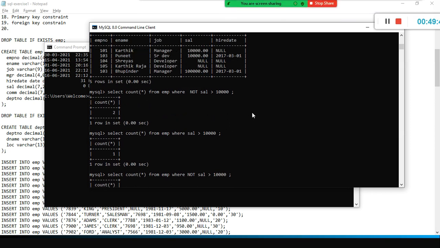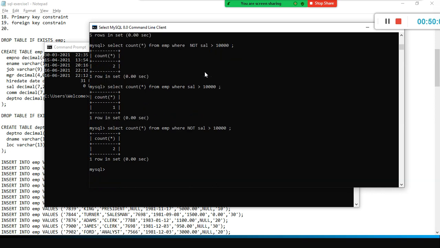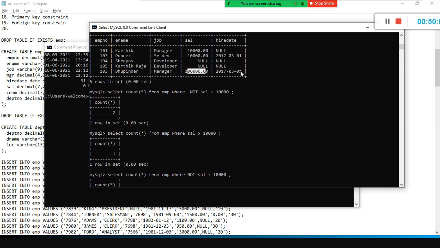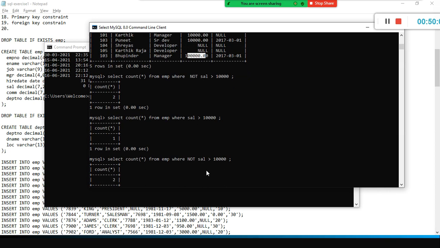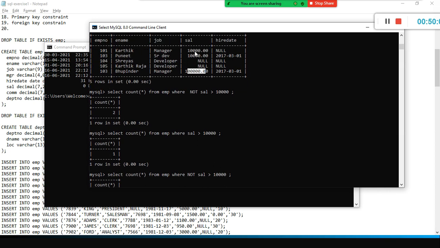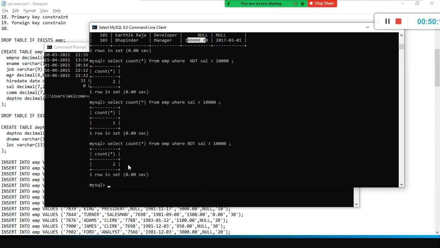It refers to the Karthik and Puneet rows. Salary greater than 10,000, one person is there. Not greater than 10,000 means it is less than 10,000, the opposite. So Karthik and Puneet, that is what it shows. You understood it? So not also you can use.